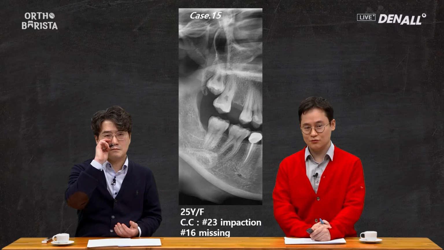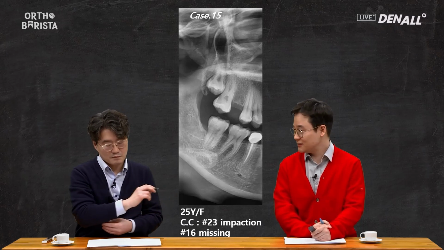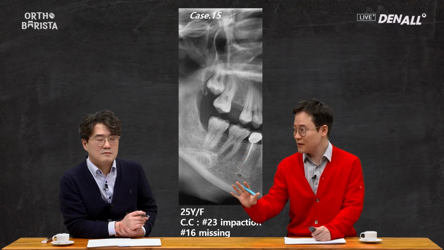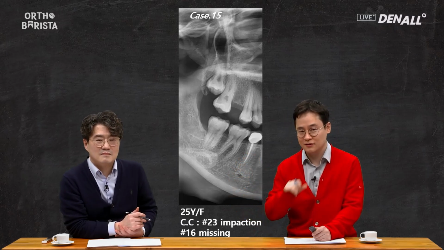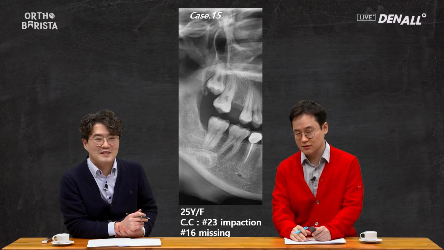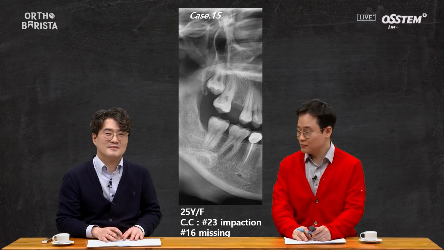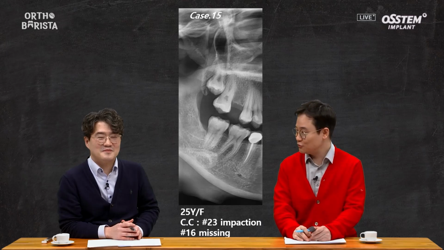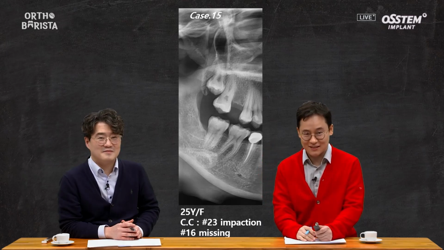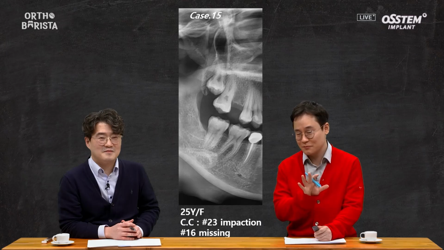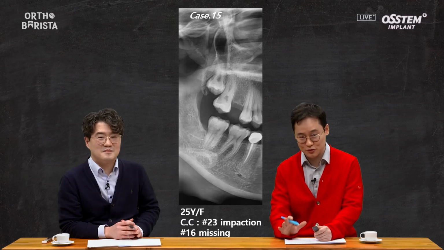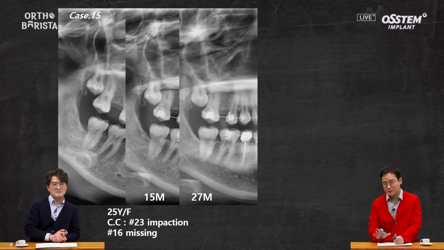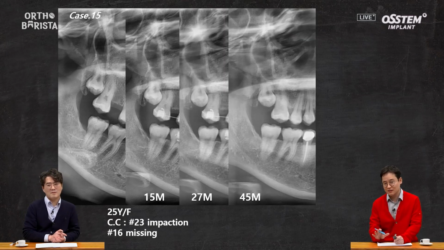Lastly, here's another case with a similar background. In this case, orthodontic treatment was performed due to the impaction of tooth 23. There was a congenital missing tooth in that area. Talking about this case could take all day because there's so much to explain. I spent about 4 years pulling an impacted tooth into place, but I left tooth 18 alone for a while. Looking at this patient's case, tooth 7 should have moved forward and helped bring it down.